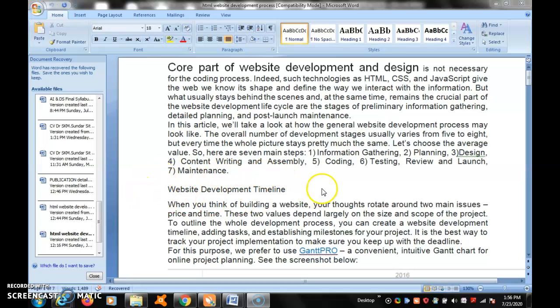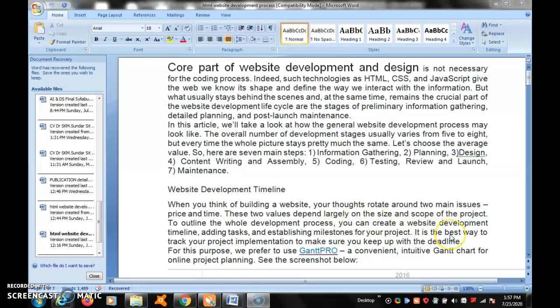Website timeline, web development timeline. Here, building a website, thought rotates around two main issues: price and time. The project price is based on the timeline. The two values depend largely on the size and scope of the project, and outline the whole development process.